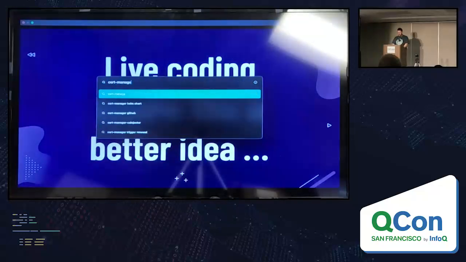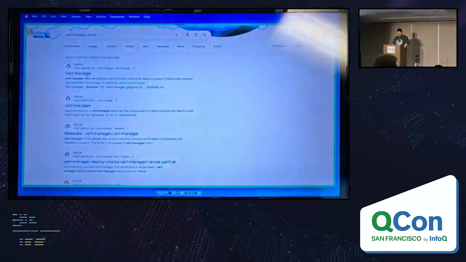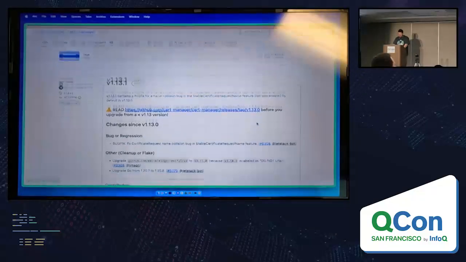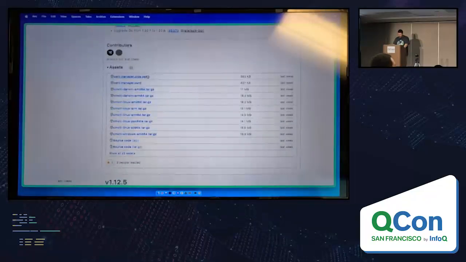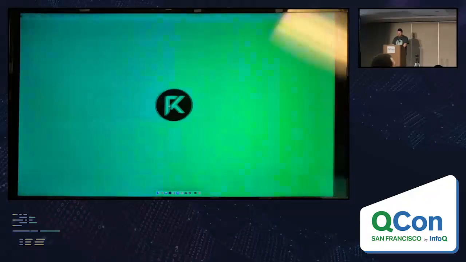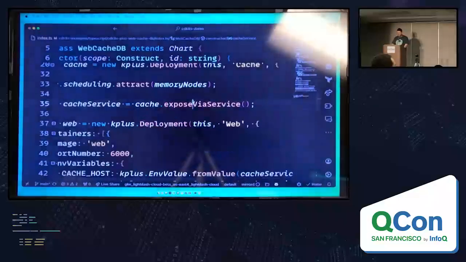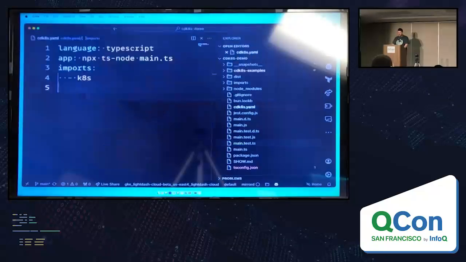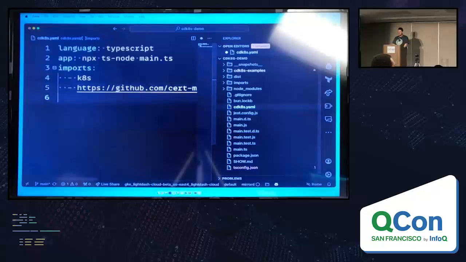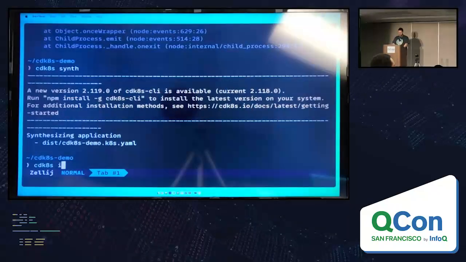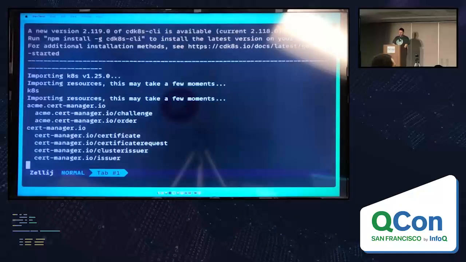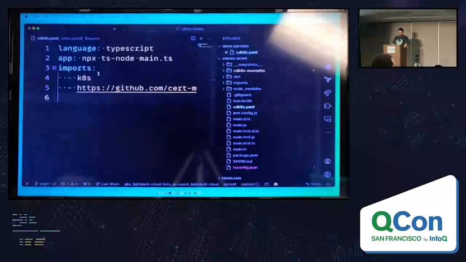So let's go to Cert Manager on GitHub. The reason I'm using Cert Manager is they published their custom resource definitions on their release artifact, which is handy for the demo, where we can copy this link. From this link, if I can find my terminal, and I don't need to save any of that crappy code, we can open our cdk8s.yaml, and all we need to do is paste that in. Now, when we run cdk8s import, we get Kubernetes and all the Cert Manager resources,